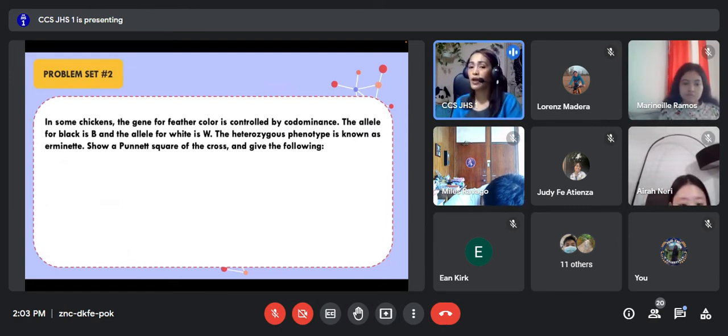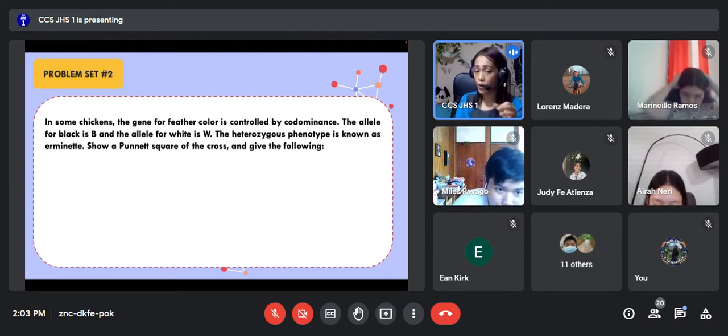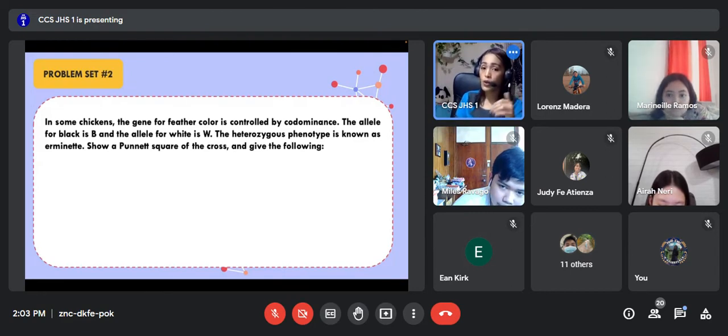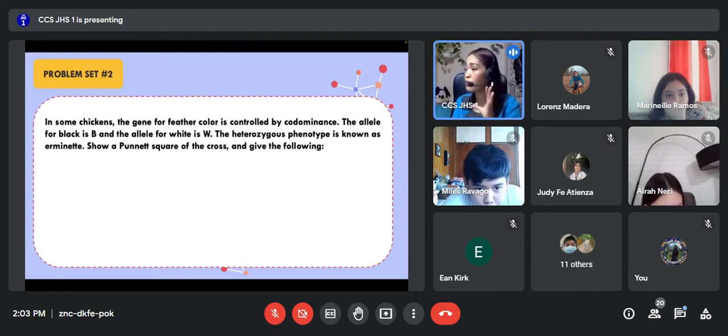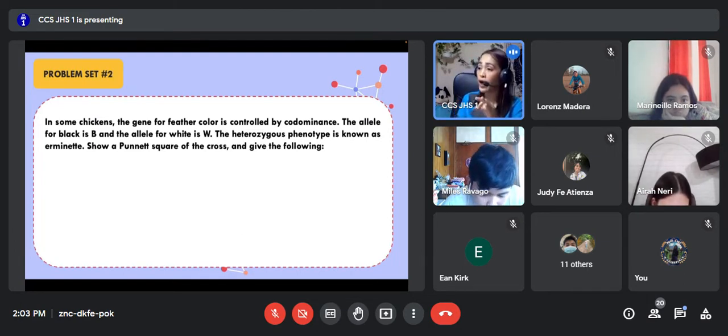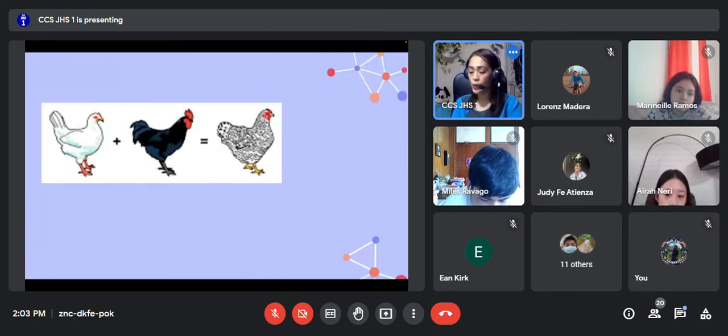This time it talks about chicken. So our problem set looks like Farmville. There's a particular species of chicken wherein complete dominance is actually observable. In this case, it talks about the feather color. We have black or white as our options for the homozygous, and if you have a heterozygous, we call this erminette, meaning there are black and white feathers. So let me show that here. We have a black,